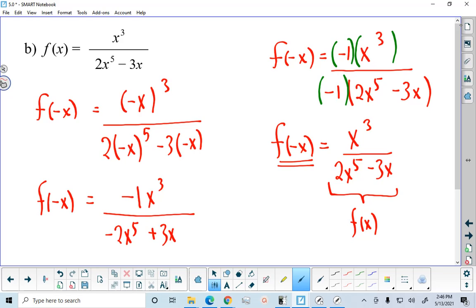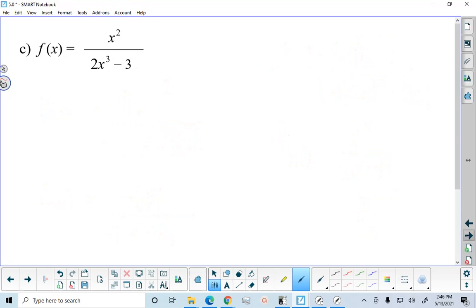By the way, for the purposes of odd and even, well, we'll just go to the next example. The degree on the x in this 3 in the denominator is 0. 0 is even. 0 is an even number. So I know by looking at this whether it's odd or even, but let's go through the